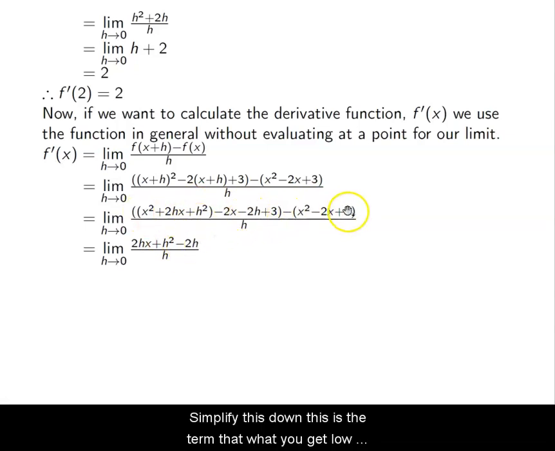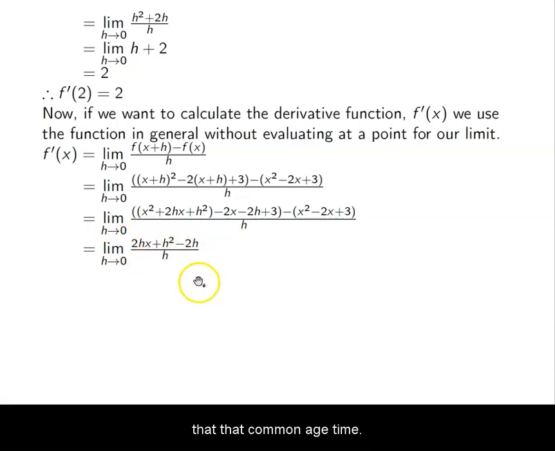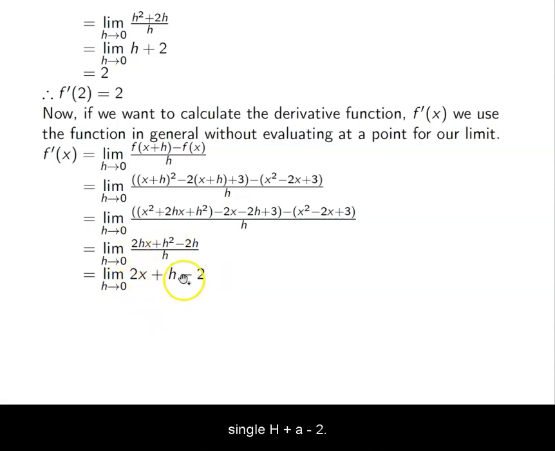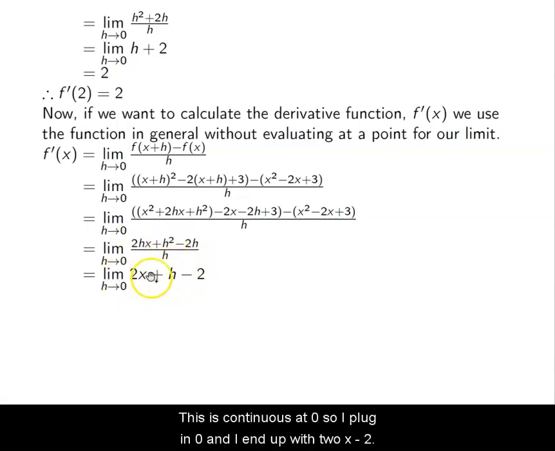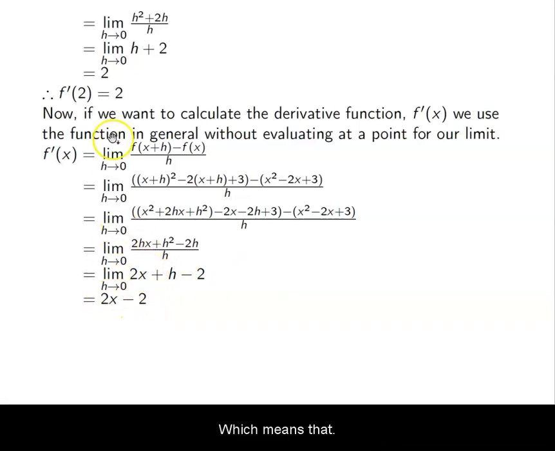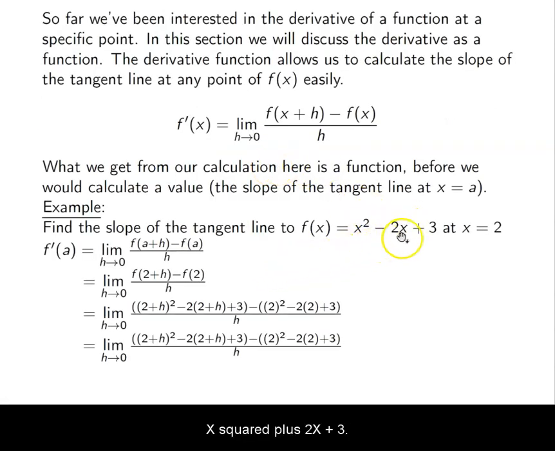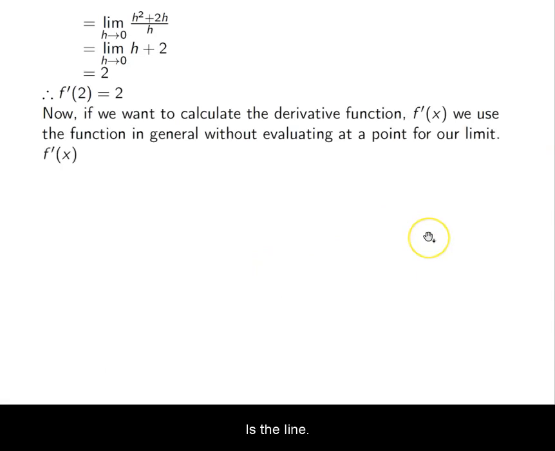Okay, so we simplify this down. This is the term that we should get. Lo and behold, again, we have an h everywhere, so let's cancel out that common h term, and this is what we get. Okay, we have our 2x left over here, a single h, and a -2. This is continuous at 0, so I plug in 0, and I end up with 2x minus 2, which means that my function, my derivative function for this polynomial, x squared plus 2x plus 3, is the line